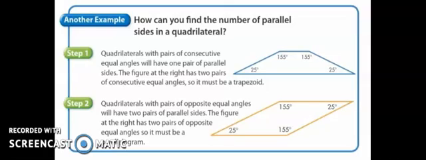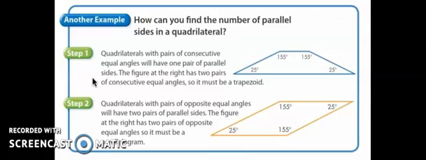Here's a good visual, and it asks, how can you find the number of parallel sides in a quadrilateral? A trapezoid is different just because it's a quadrilateral, but it only has 1 pair of parallel sides, whereas a parallelogram has both pairs of opposite sides parallel. So how can you find the number of parallel sides in a quadrilateral? The first step: